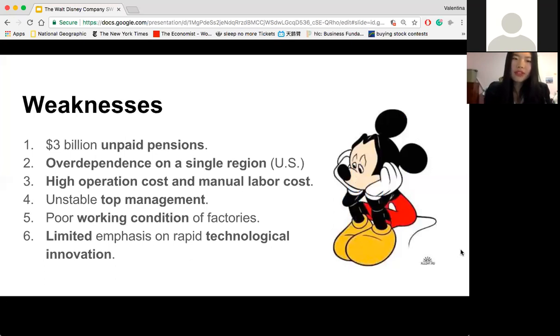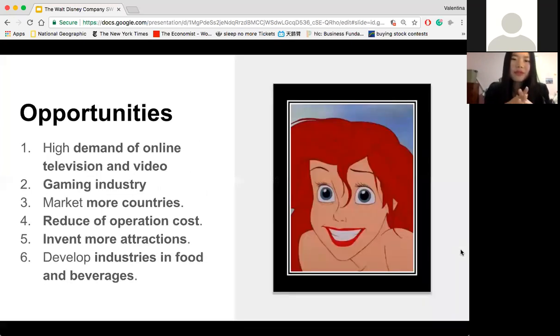So even though Disney has a lot of weaknesses, and you might think that's a drawback for the company, guess what? Analyzing it actually helps them to identify their opportunities. As I have mentioned before, since Disney has a lot of famous characters, it helps them to go into the gaming industry. They can sell these characters to companies who are trying to develop games. So Disney can sell these characters to create games that specifically target kids, especially because they're very well